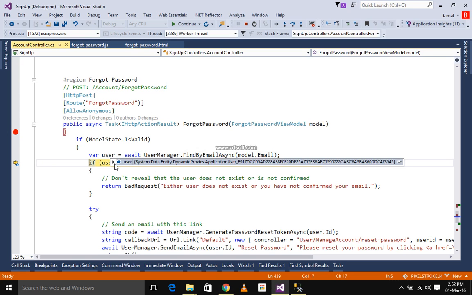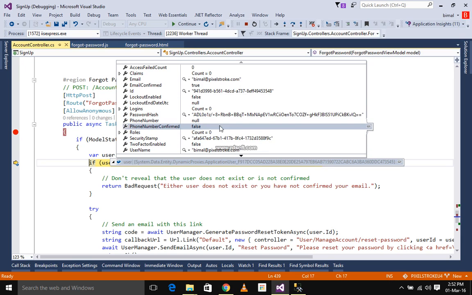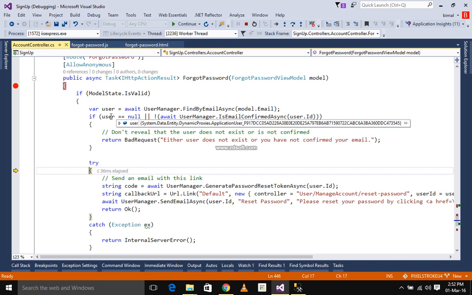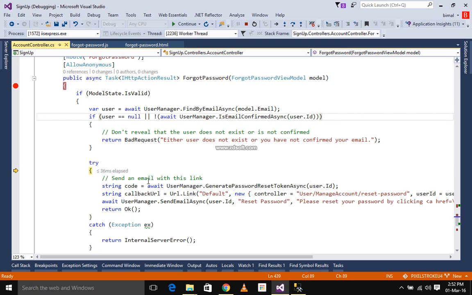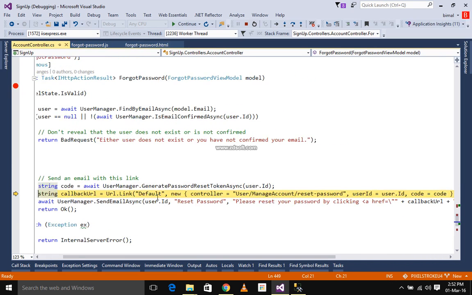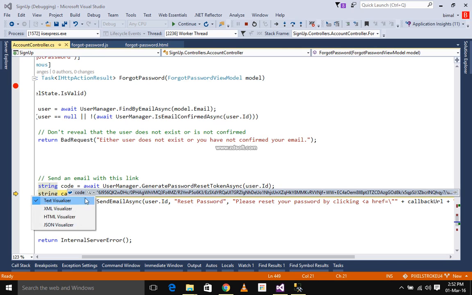So if I hover over this, I am getting the user after F10. So the user is email confirmed, email already confirmed, so it comes to this block. F10, code generated for that user,